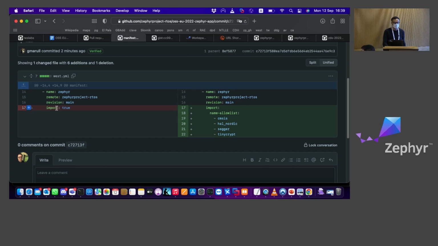So Jared instead changed that import true, which is a blanket statement, import everything that Zephyr has, to filtering by name. You can also filter by path, you can filter with regexes, you can do a lot of stuff with West and